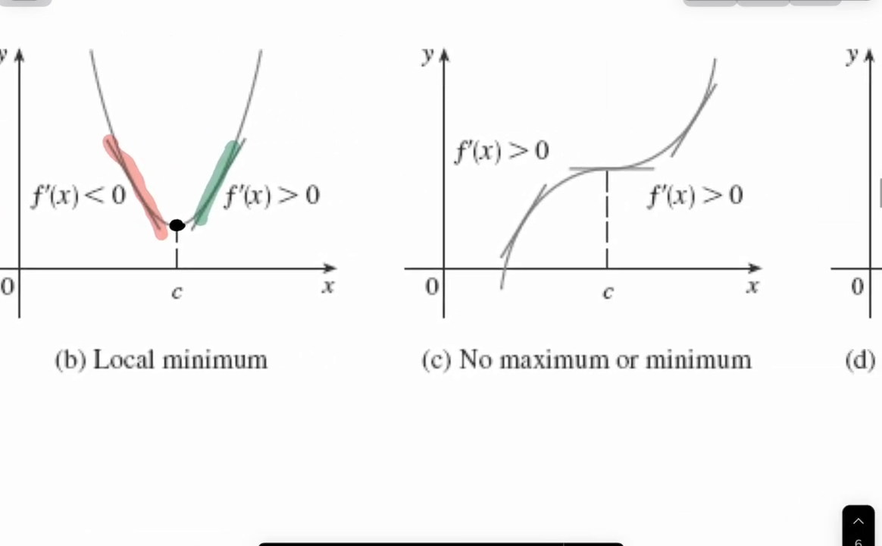If we found a critical number at C, but all of our tangent lines,